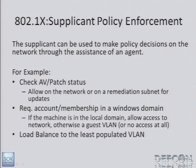802.1x also has the ability through an agent on the supplicant side to make network policy decisions. For example, you can have an agent that will check to see if a road warrior's netbook is up to date with patches and has a current AV. If not, instead of allowing it onto the general business LAN, it will shoot it off to a remediation subnet where the only things it can talk to are the AV server or a remediation server of some sort to get brought back up to speed, scanned, whatever, and then you can fire it back over to the workstation